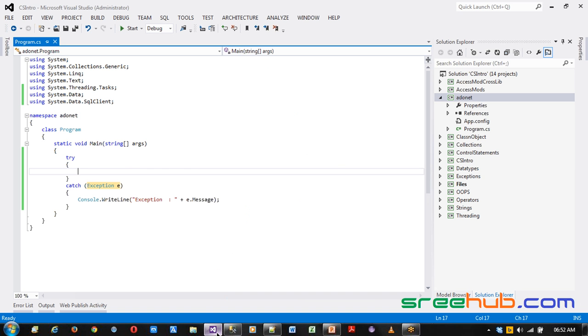Now the first step we understood is to create a connection string. So let's go ahead and do that. Let me create a connection string. You have one more option to create a connection string in your configuration file. The configuration file part we'll see tomorrow. So here, now let's build the connection string. The first one which we have is